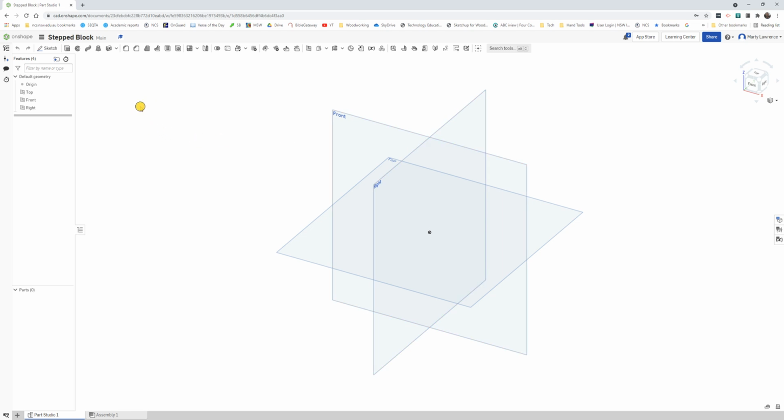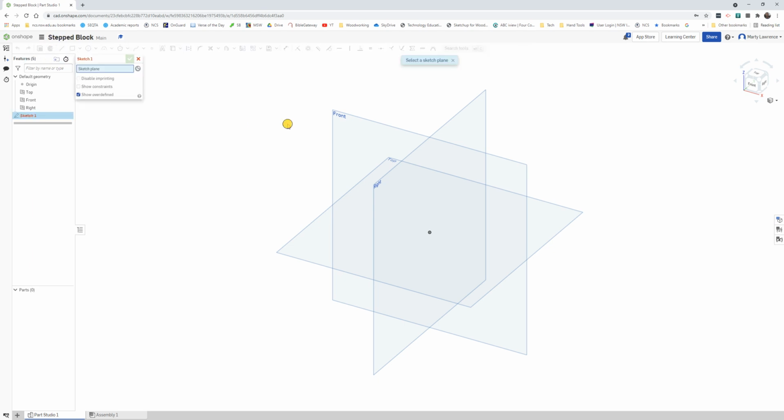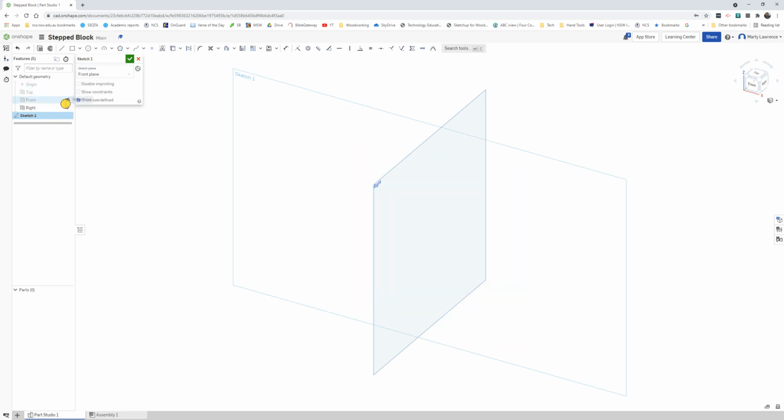Right, let's start by creating a sketch. This time we're going to use the front plane. And we can turn off all these planes now. We don't need any of those anymore. Right click and go View Normal